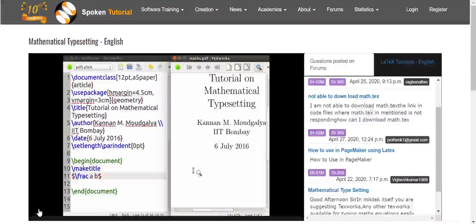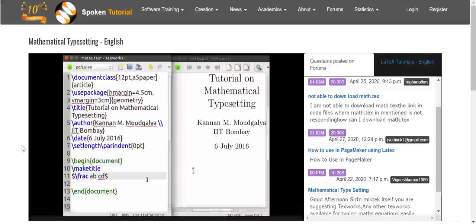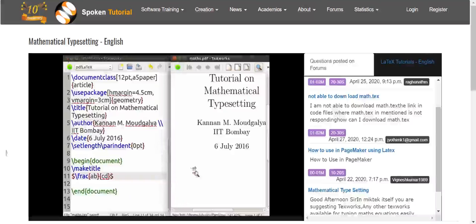What do we do if we have longer characters? What if we want to create AB by CD? I want you to try this. In LaTeX, arguments longer than one character are enclosed by braces. For example, let us put braces here. When we compile this, we get the desired output.